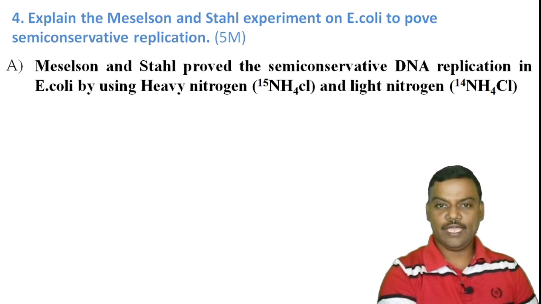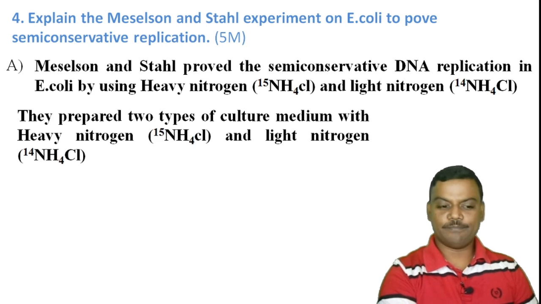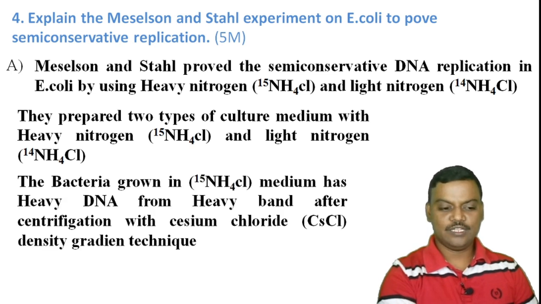nitrogen in the form of N15H4Cl and light nitrogen in the form of N14H4Cl. So they prepared two types of culture medium with heavy nitrogen and light nitrogen. The bacteria grown in N15H4Cl medium consist of heavy DNA molecules and form a heavy band after centrifugation with the cesium chloride (CsCl) density